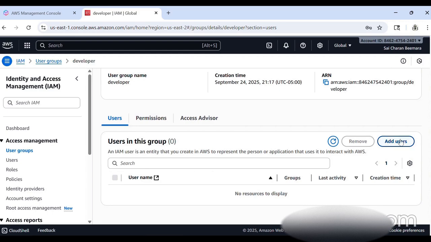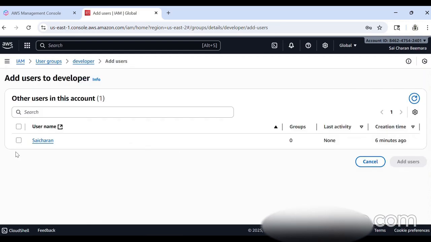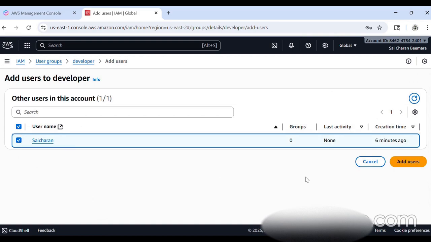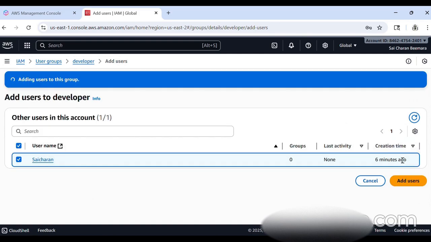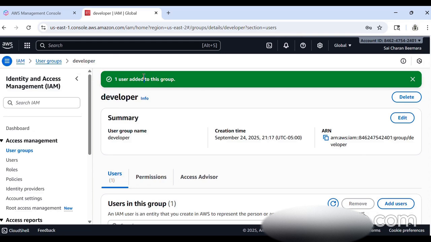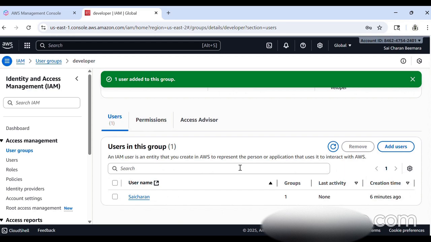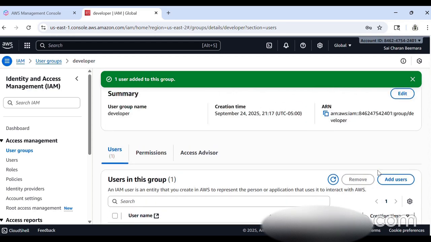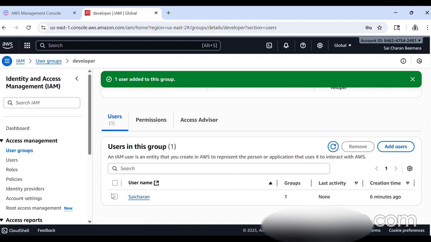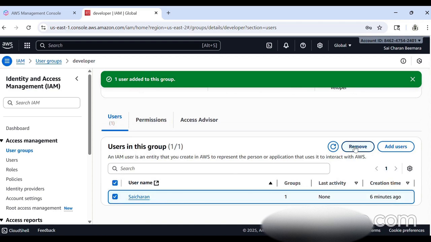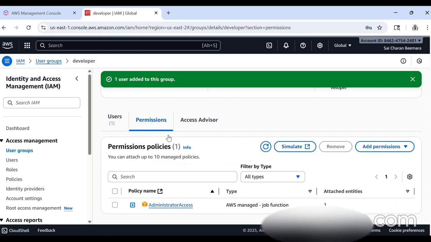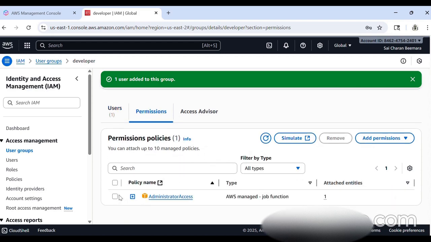Now we are in the IAM dashboard. I'm just checking. Yeah, we have created this group. There are no users, you can see, and I'm going to that group to add the users. You can see I'm going to add users and choosing the user which I have created in the previous video. The user has been successfully added to the group. You'll get a pop-up message like this, and also you can check the